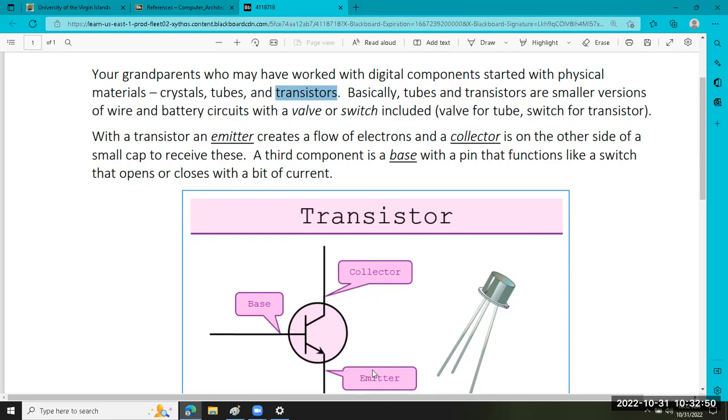It releases; an emitter emits things or generates things or releases things. So an emitter is going to put out electrons, and there's a collector on the other side that receives these, right? And there's a gap in between. There's a third component called a base, and it's this base that functions like a switch. So the base has a pin, and the pin can open or close with a little bit of current. So the pin is like a flap that can open or close and serve as like a switch, like the